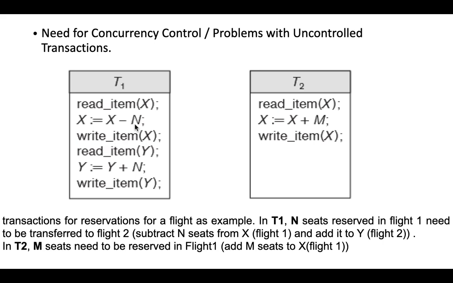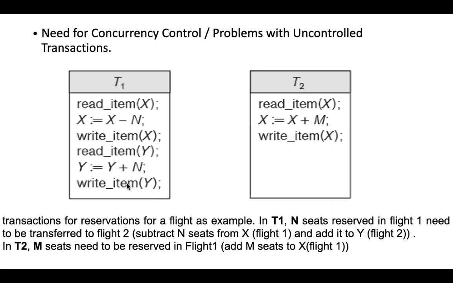So 5000 minus 1000, that update of 4000 is made to x only when this statement is executed. Write item x, when it is executed, only then that particular x becomes 4000. Keep this statement in mind throughout the example. So x becomes 4000, then the account y is read, and that 1000 rupees, that is n, is added to account y, and write item y means y is updated. That is one transaction occurring.